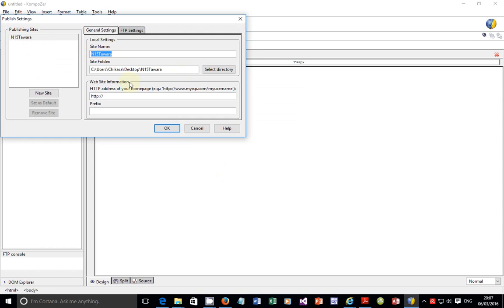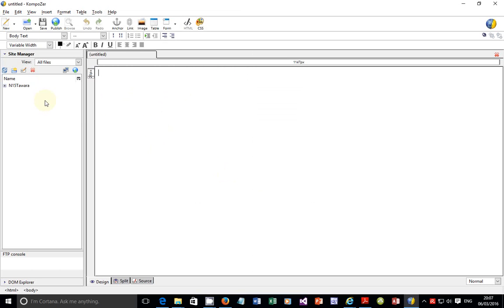That should be fine, and this is just the root where this folder actually resides on my computer. So what I'm gonna do is just click on OK. The moment I click on OK, you will notice that right on the left pane here, I'll have my folder, which is the site name here, N15 Tawara. And if I click on there, you will see that all these are the files that I need for this